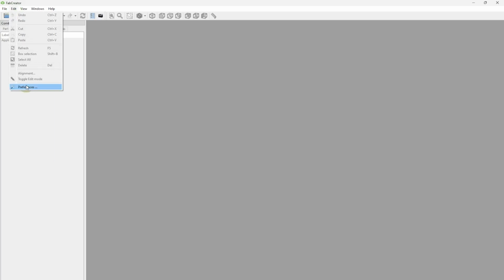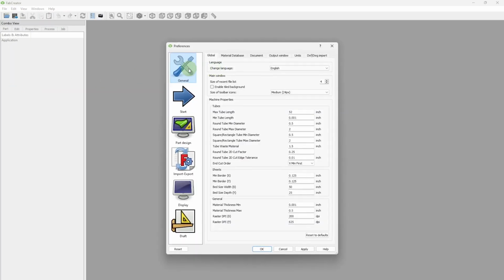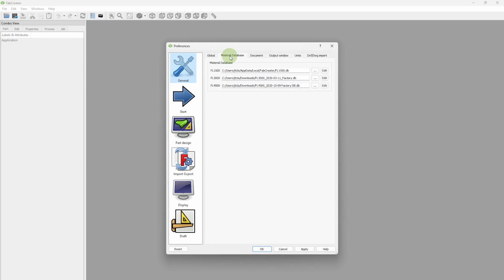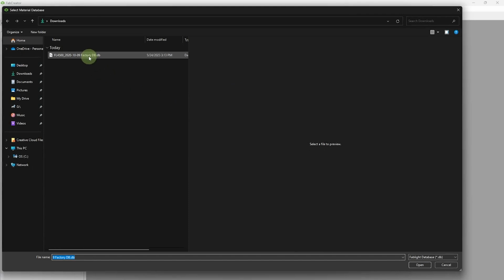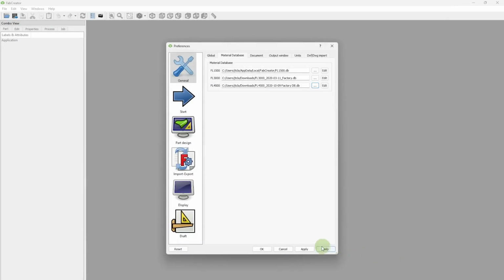Go to Edit, Preferences, General, and the Material Database tab. Click on the three-dot button next to the appropriate power level to specify the location of the database file on your computer. Your database file should be stored in a folder on your computer that cannot be easily deleted or accessed by others. The database contains your material settings and any other material settings you customize yourself or receive specially